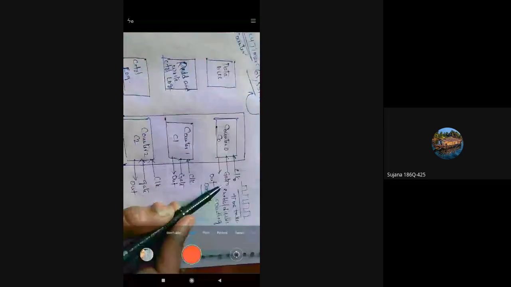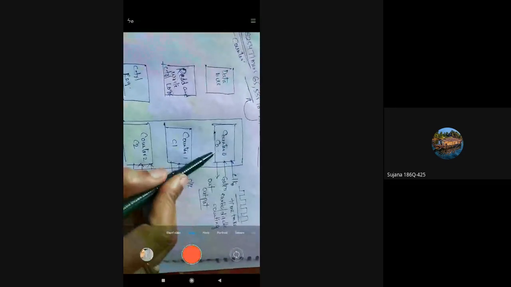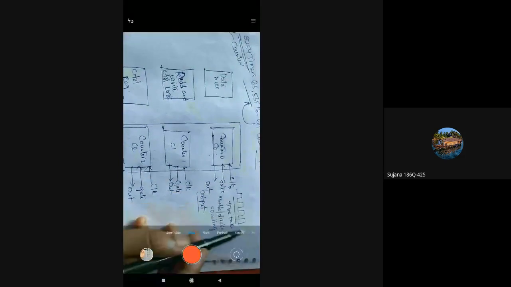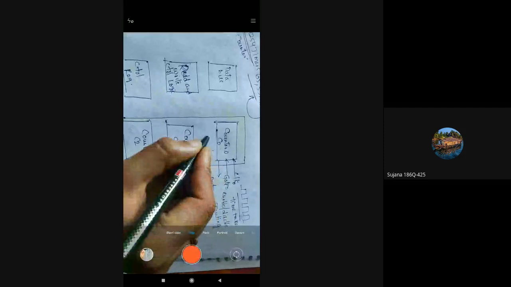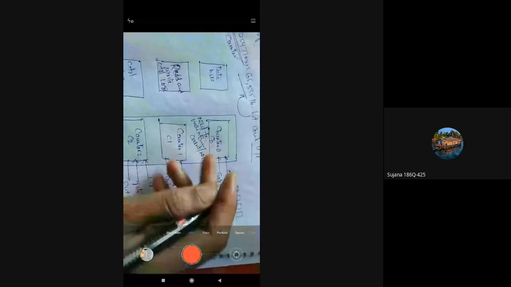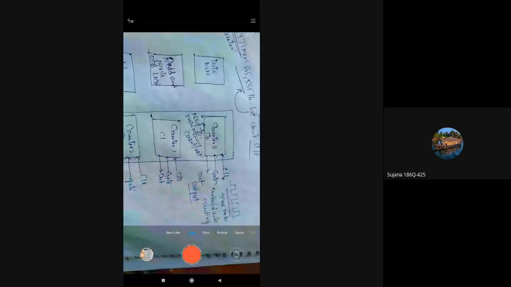So whether the counter has to count the clocks or not, whether it needs to maintain a count or not, will be provided by this gate signal.